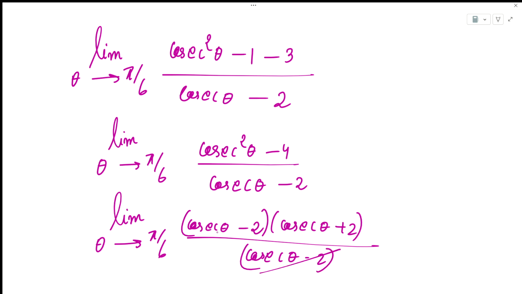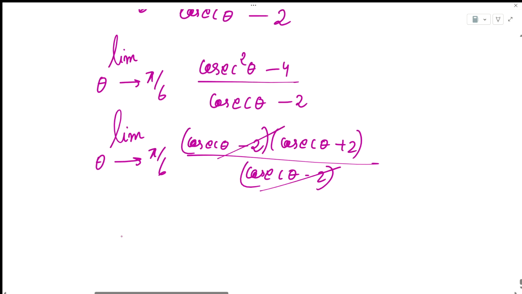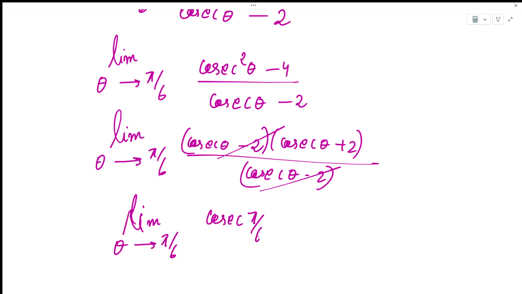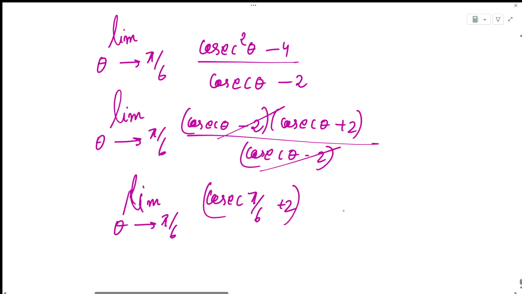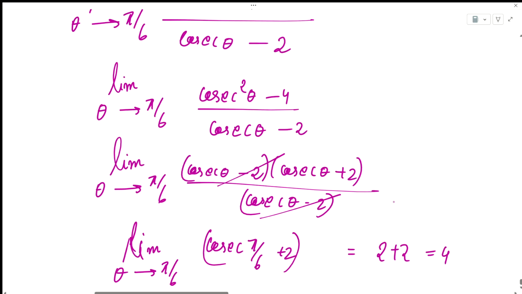We can cancel this out. I'm going to have cosec of pi by 6 plus 2. Now sin pi by 6 is half, so cosec pi by 6 will be 2. So 2 plus 2 is going to give me 4. So 4 is the answer, right? Alright,